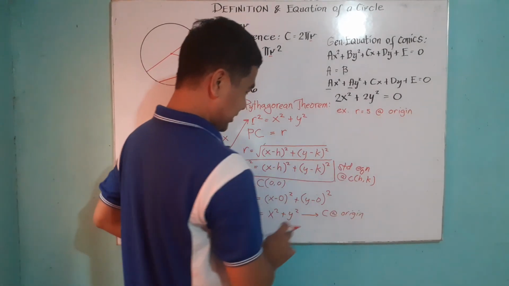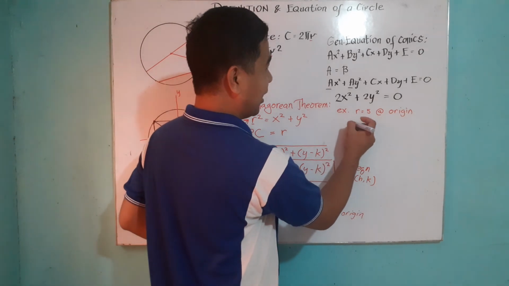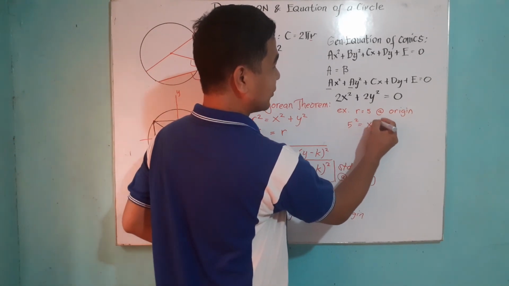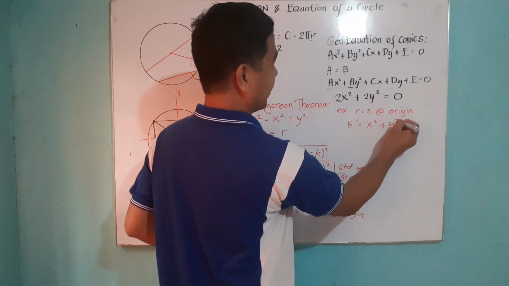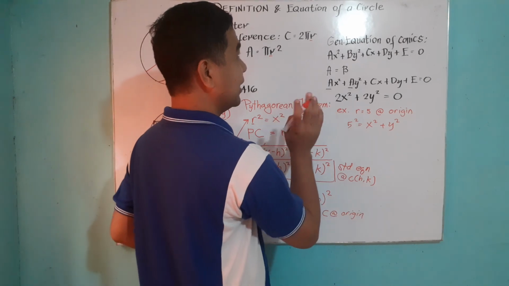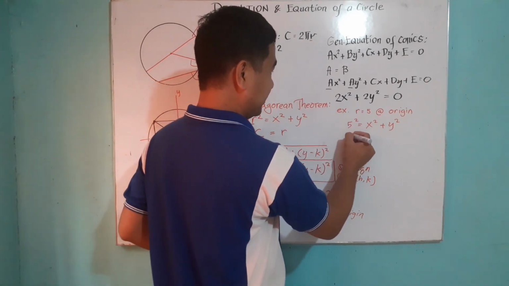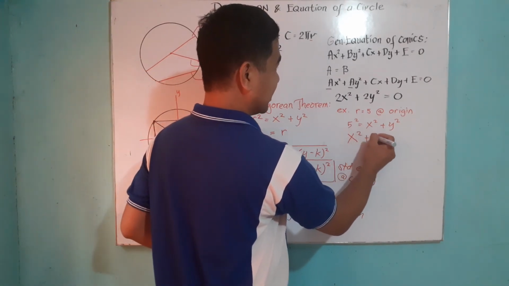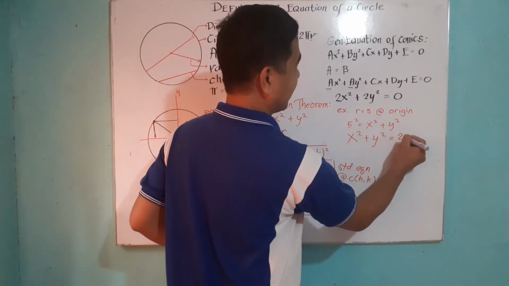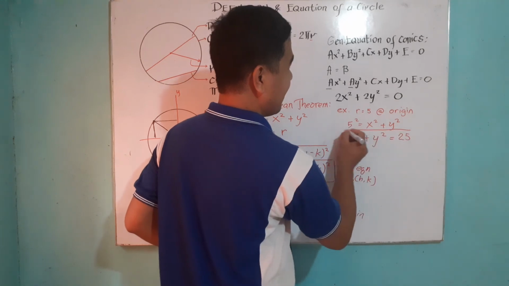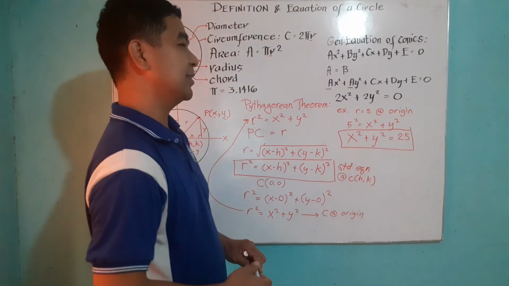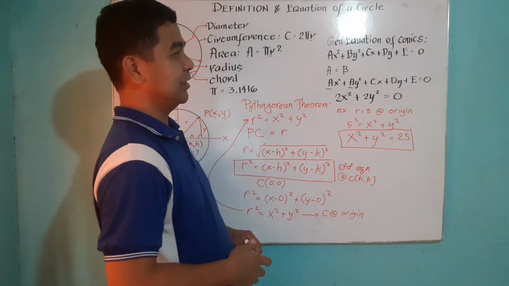Just copy the formula: r equals 5, so 5 squared equals x squared plus y squared. We are going to write it in the general equation form: x squared plus y squared equals 5 squared, which is 25. So this is the standard equation of the circle at the origin. And we can also